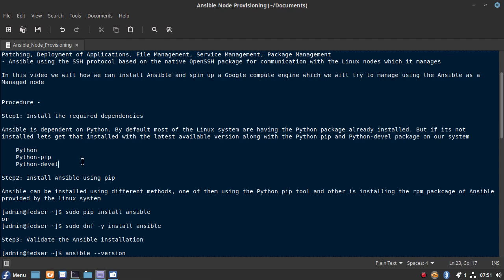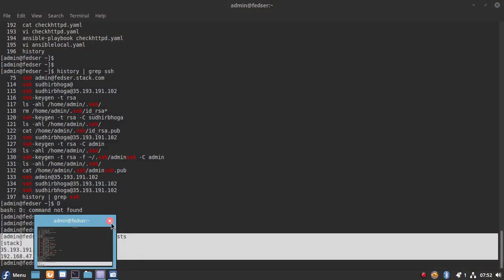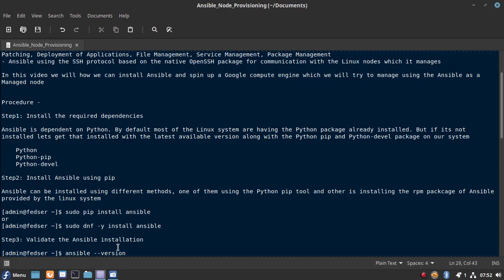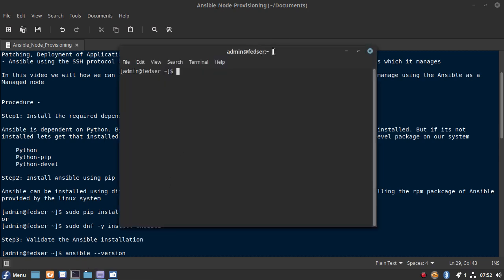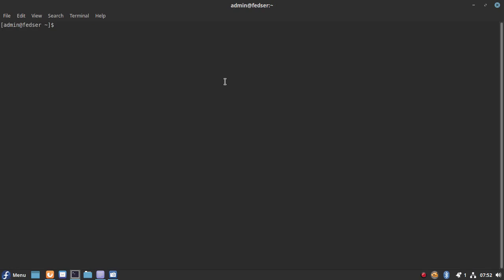So let's see if I have all these packages installed on my system. Let me open my shell. Let's check if we have the Python package. The Python package is usually installed by default on the system.